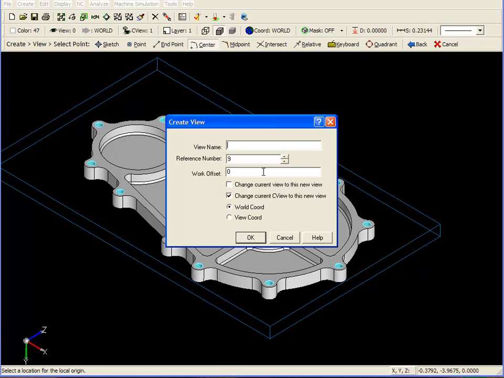I'm going to call this New View New Top, and it will be reference number 9 because there are 8 standard views in SURFCAM. Work offset is not necessary right now. There's 2 questions here: change the current view to the new view, or change the current C view to this new view. I'm going to change the current C view to this new view, and I'm also going to look